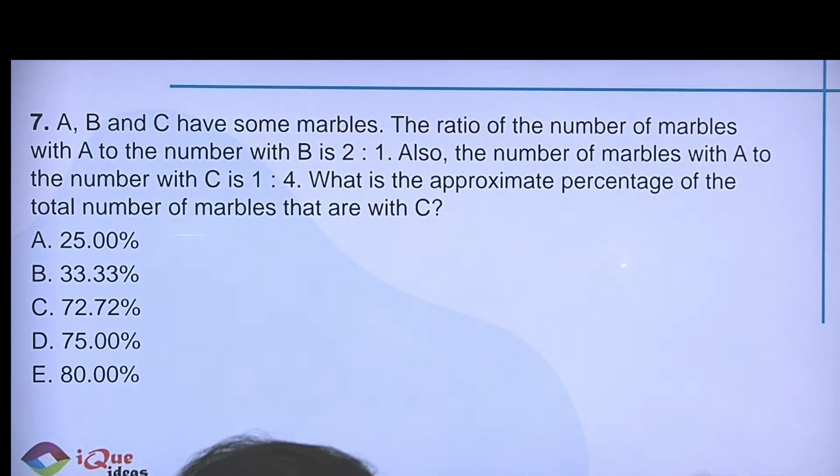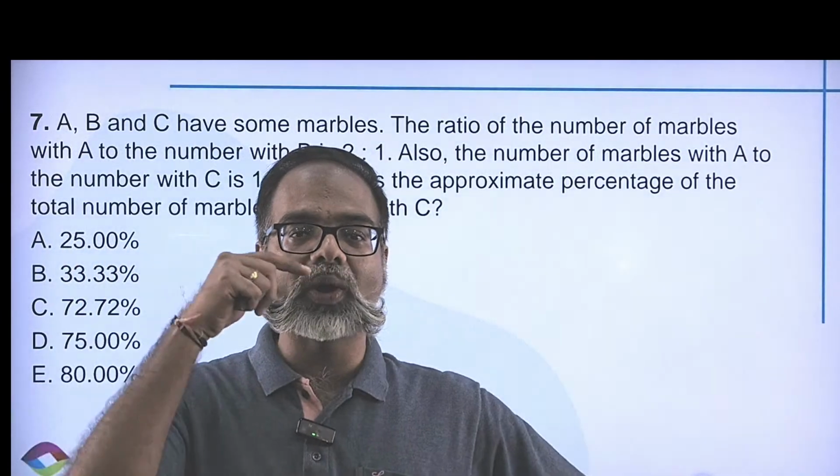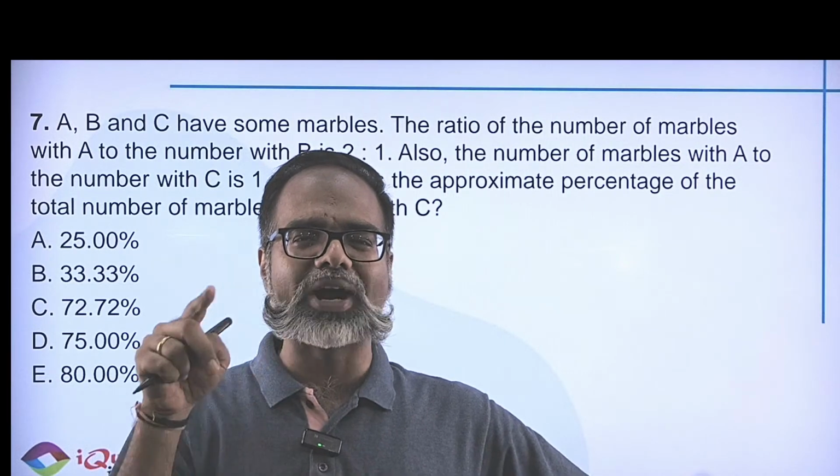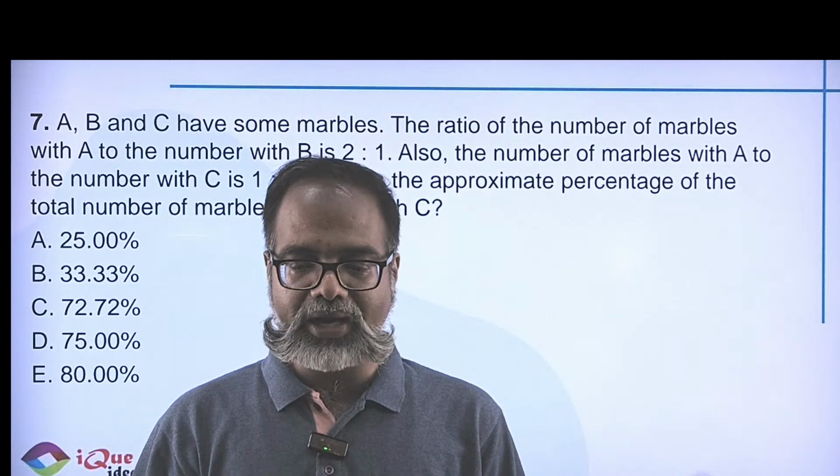For question 7, if A is 2 by 2 and C is 8 by 2, so can't B be 1 by 2? Yes, yes, yes. See, that's absolutely true. But B is equal to 1 by 2. Do I really need to work with 0.5? I mean, that's exactly what it was, right? I hope you get it.